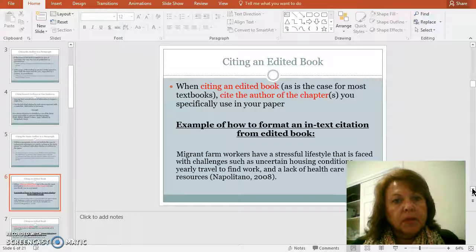Let's talk a little bit about citing an edited book. Many textbooks are edited books, and what that means is that multiple authors have written the chapters within the textbook, and the textbook has authors, people who are in charge of the book, who put the book together. They're often called the editors of the book. And so when you're citing an edited book,